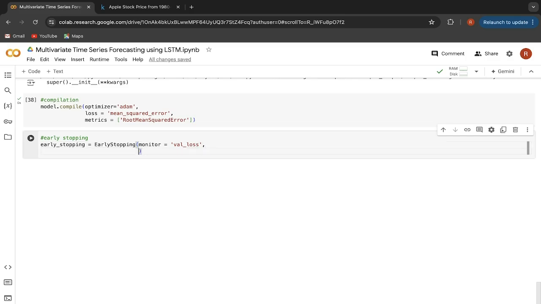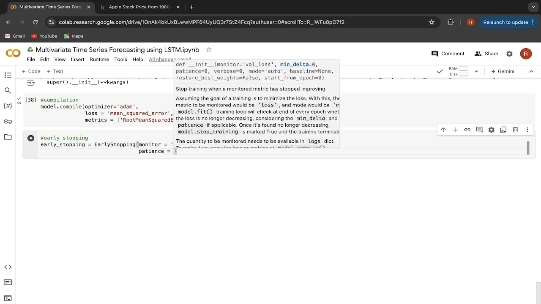After that, you also have to specify the patience level. As I said previously, it will check for consecutive n steps, so we have to specify this n. N is nothing but our patience. That is, if we want to monitor the validation loss for consecutive 2 steps, then the patience will be 2. If we want to monitor it for consecutive 10 steps, then the patience will be 10.